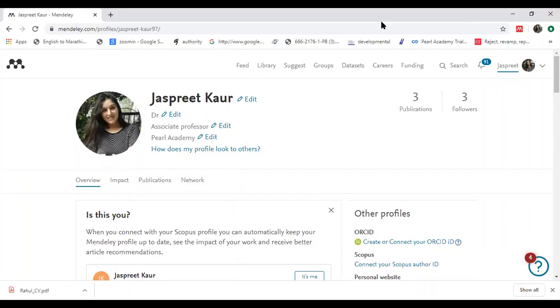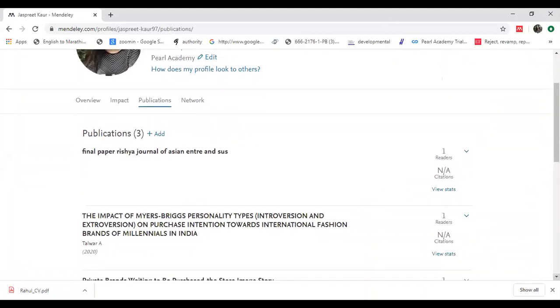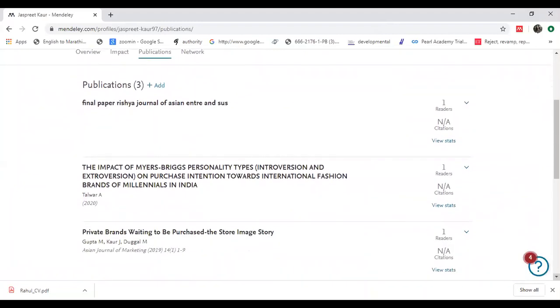Suppose you have 3-4 papers with authorship from you. You can add them over here. So you have 4 things. One is an overview. One is your publication. Now see, in the publication, you can see I have added 2-3 papers. Now, these papers will be viewable to the whole world if I give them the option.